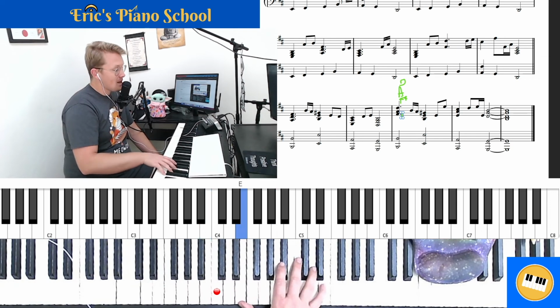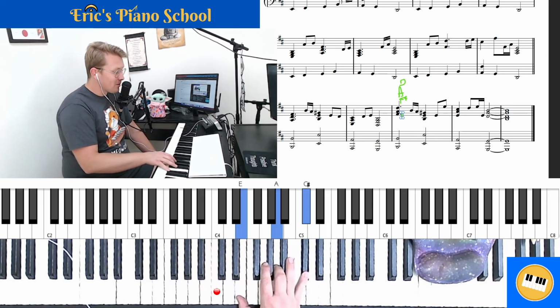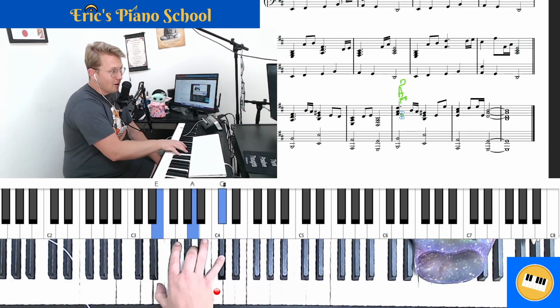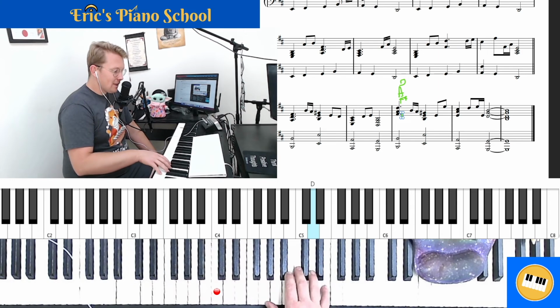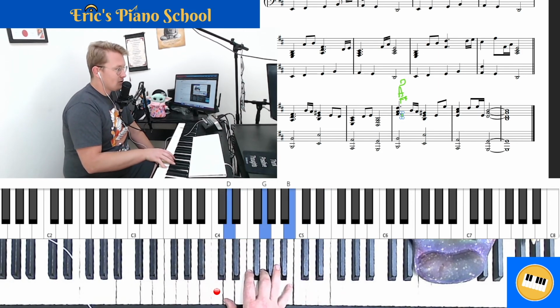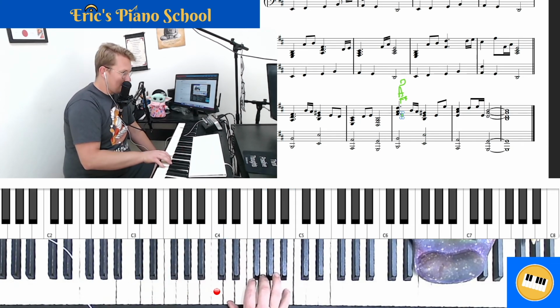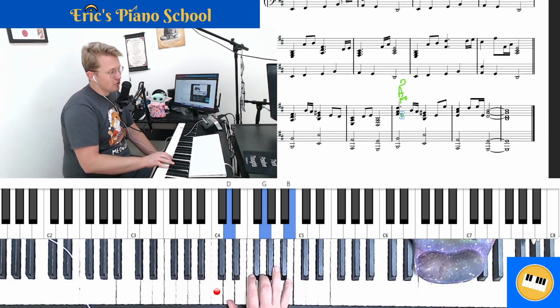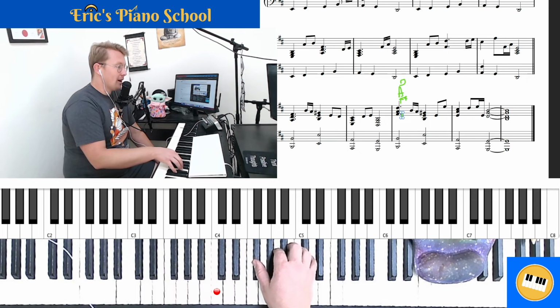Then we do E, high octave E, then E, A, C sharp. This chord is the same except we did it an octave lower last time. And then D, E, then low E, G chord over D. So this is the same chord that we ended on last time, but we're up an octave this time. So if I start at measure 21, where we do our F sharp and A and D chord,